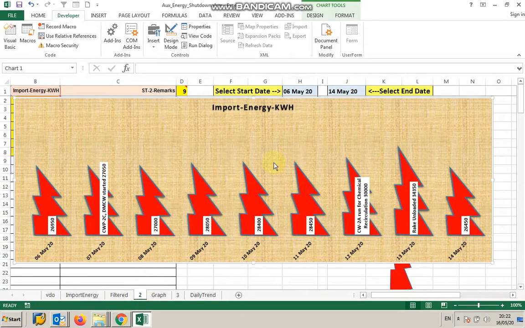A nice looking chart is prepared, with a comment for the exceptional cases. Hope this will be useful.